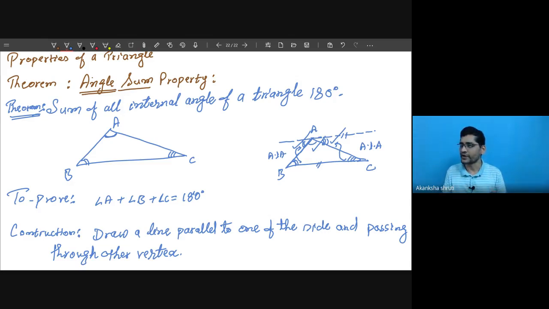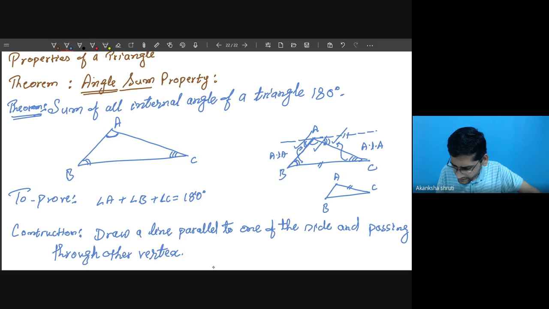It is so simple. Okay, so we are going to do this on the next page. Okay, student, you are free to draw at B also, don't worry about that. If you have any doubt, let me draw at B itself. Many times our students doubt why the book and all the teachers are taking it at A. Why not B? Student, if you want to draw a line passing through B and parallel to AC, it will appear like this.